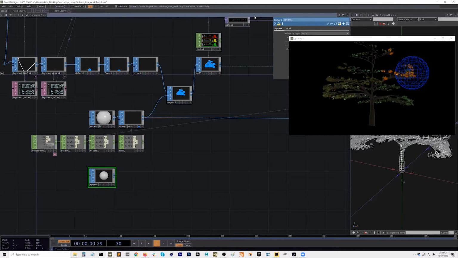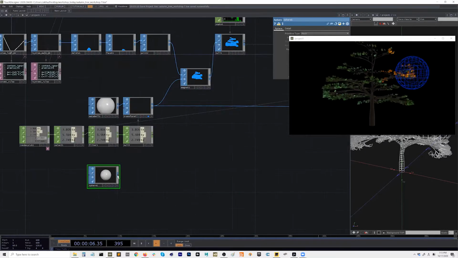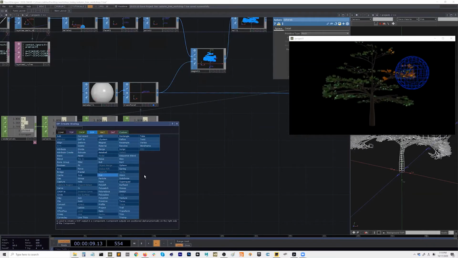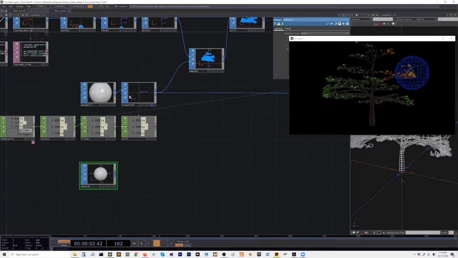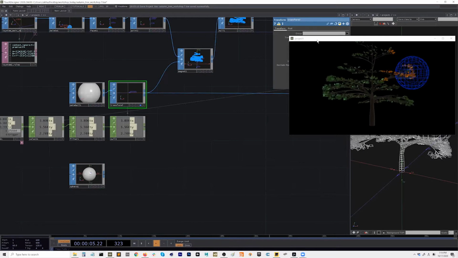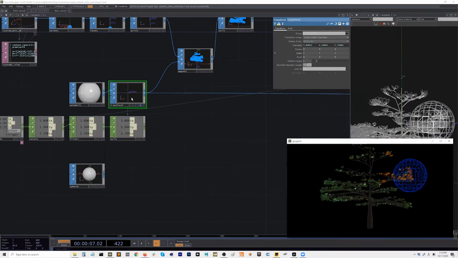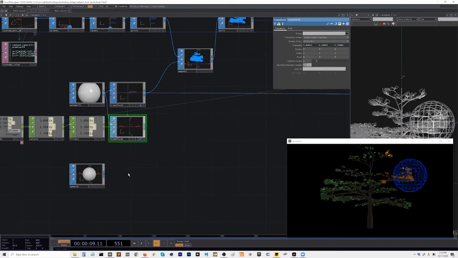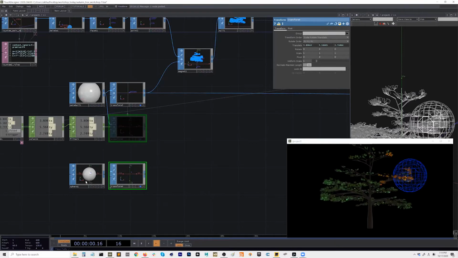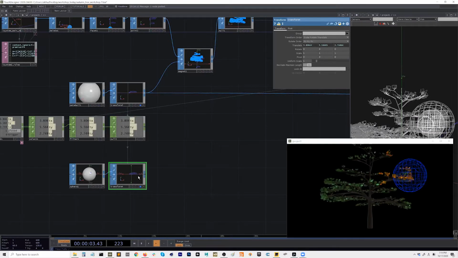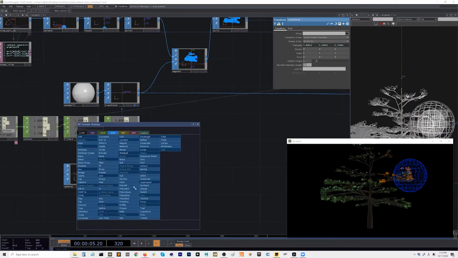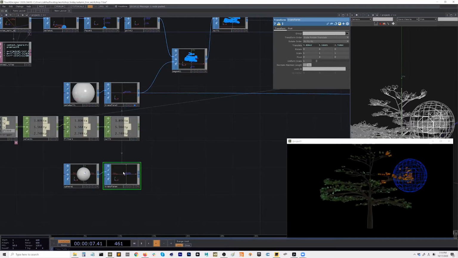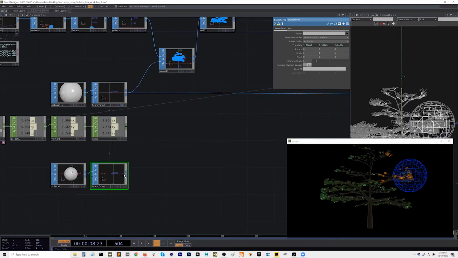Okay, and follow the sphere with, well, actually, copy and paste this transform, since that's perfect. And plug your sphere now into a transform. And we don't need to display that anymore. Now, follow that with particle SOP.